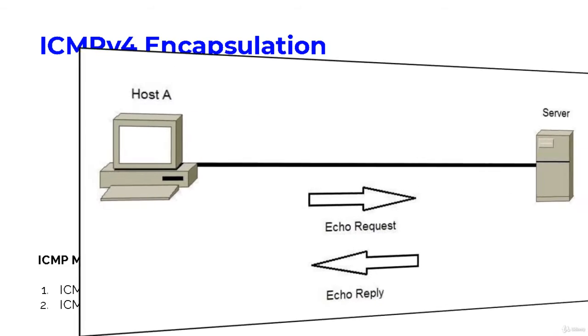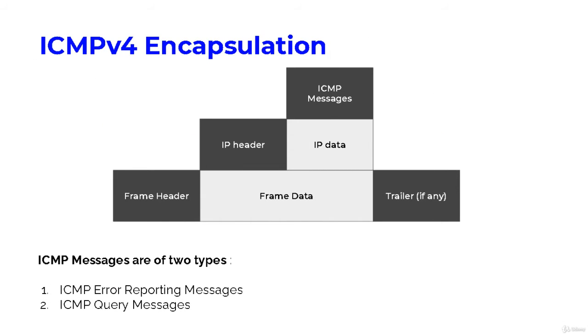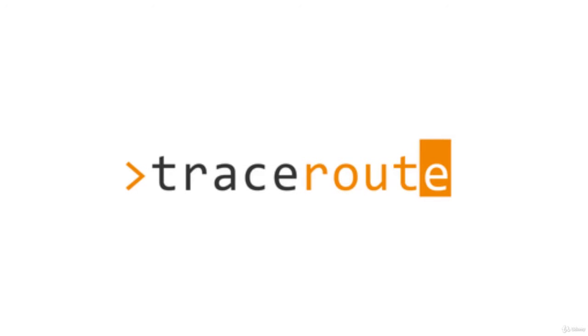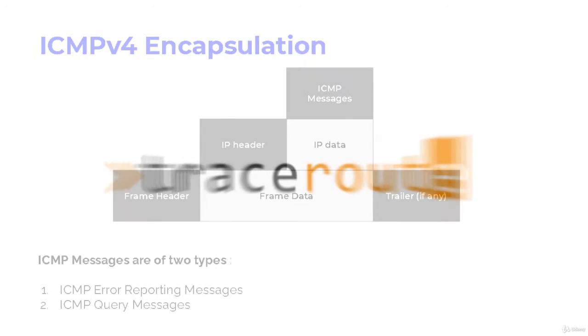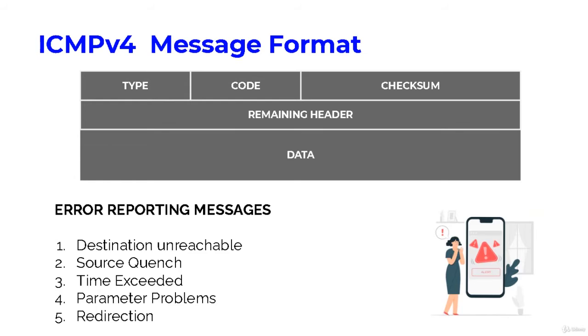When the destination receives the echo request message, it responds by sending an ICMP echo reply message. If a reply message is not returned within a set time, ping resends the echo request several more times. If no replies arrive at the end, ping indicates that the destination is unreachable. Another utility that uses ICMP is traceroute, which provides a list of all the routers along the path to the specified destination.